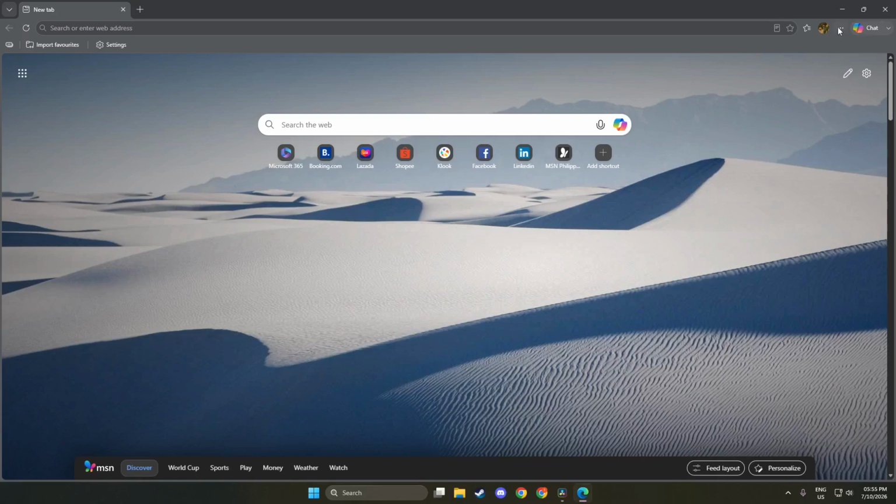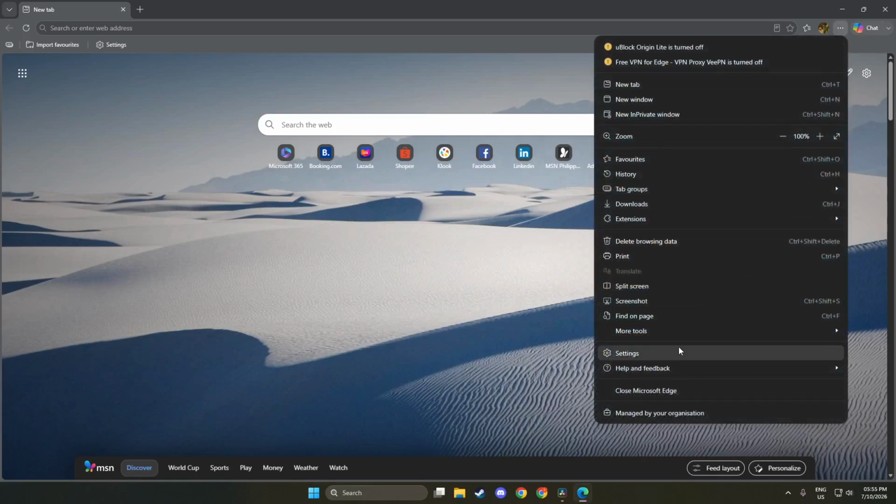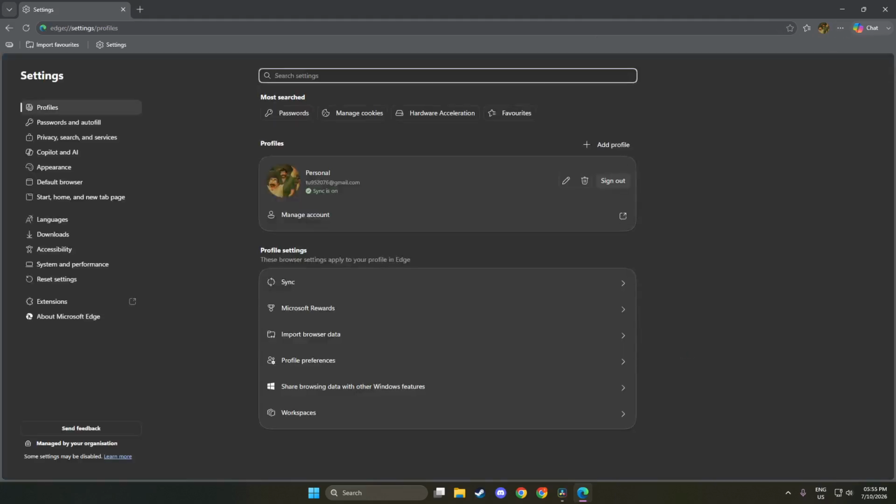This is the gateway to a variety of configurations that can enhance your browsing experience. By navigating to Settings, you can customize many features, including languages and writing assistance, which are key to fixing the spell check issue. Now we are going to go directly to the Languages settings in the address bar. Type in edge-settings/languages and press the Enter key.